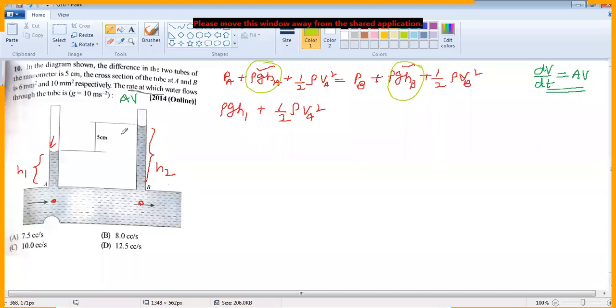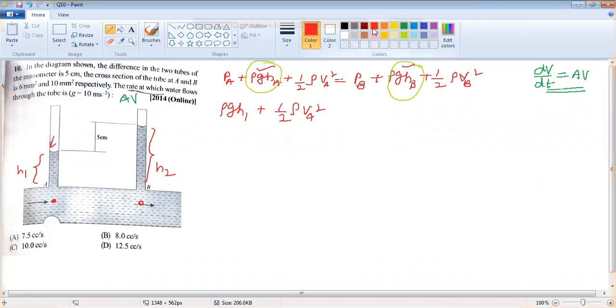This is a hydrostatic pressure, which is H1 height of liquid standing here at this point. Now this pressure is rho GH1. So this one and this one are same. Why? Because these two points are at the same level. So now I move to that. So potential and pressure energy at B is equal to this liquid standing